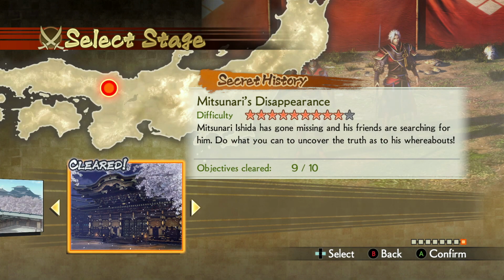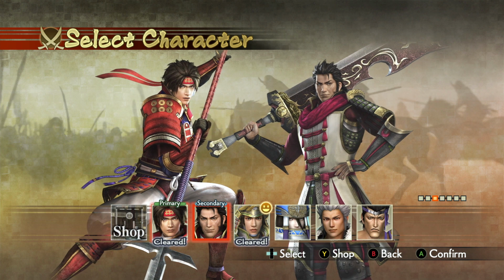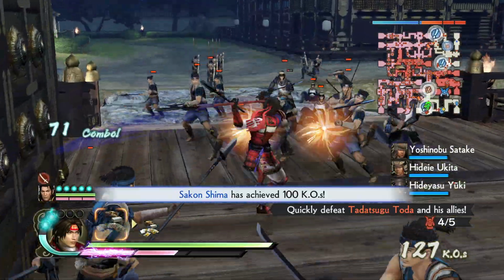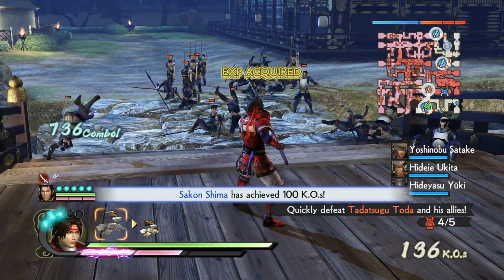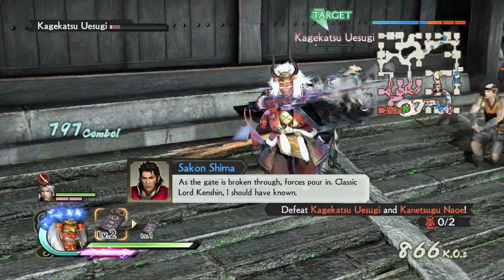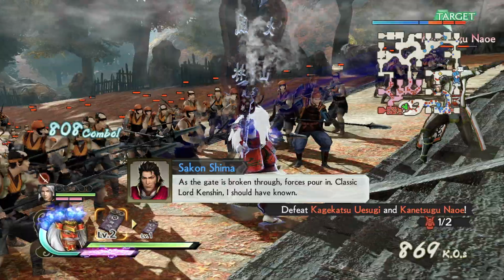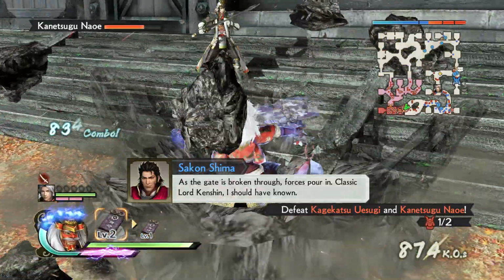And with that, we'll finish all of this off with Mitsunari's disappearance. And in this stage, we're going to be playing as Yukimura and Sakon. Once you finish this last stage, you'll be greeted with a message that you can now obtain the DLC weapons from the shop in the story mode. And with that, it is done. You can now take a sigh of relief as you use these newfound weapons to power your way through the